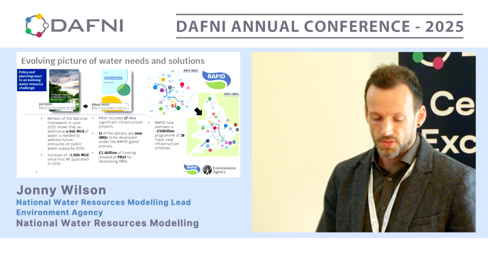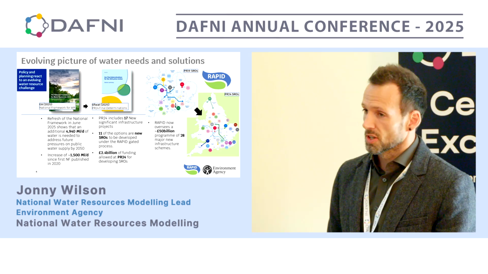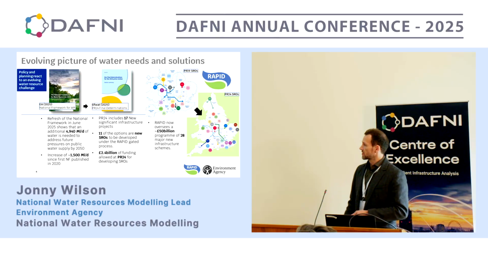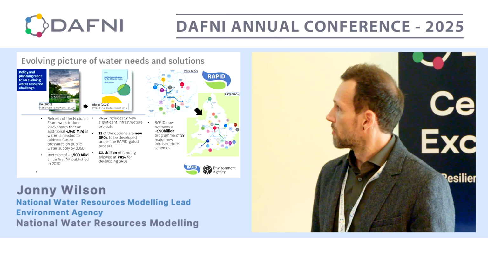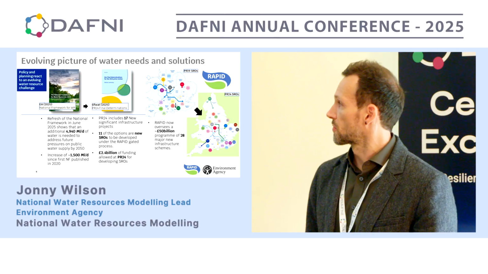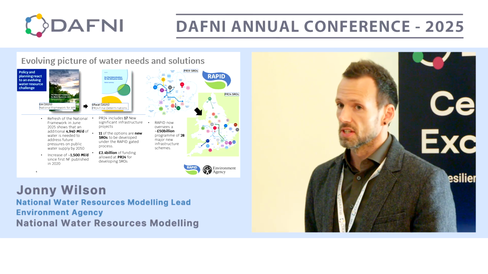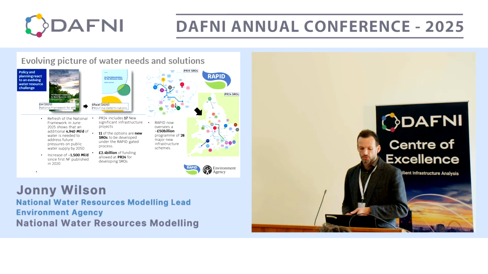So subsequent to the creation of RAPID and the national framework, a few more years have elapsed, and in that space there's been more of an evolution around both the challenge and the reaction in the policy space. Earlier this year, in the summer, there was the publication of the refresh of the national framework. Some of the headline numbers for that are quite important. So the national water needs across England are now around 4,940 megalitres a day, which is quite a significant increase over the first national framework. So we're looking at an uplift of around 1,500 megalitres a day of water that's needed nationally at 2050. So that's quite a big growth over 5 years of just that additional need.